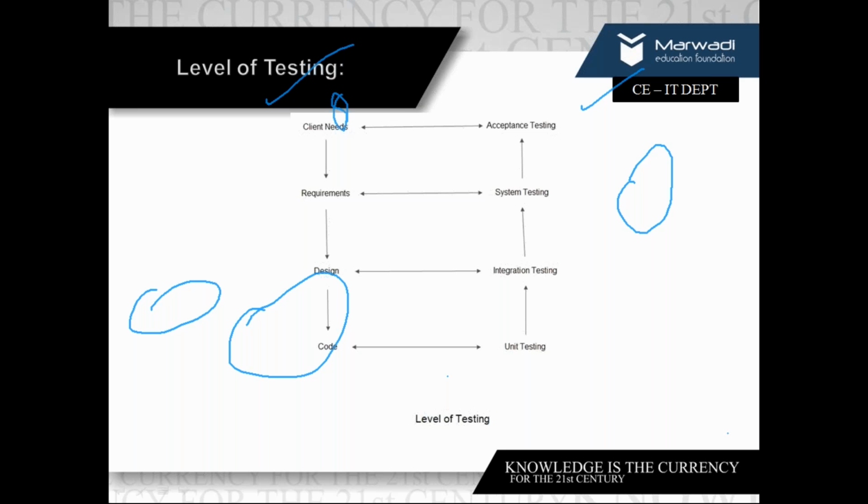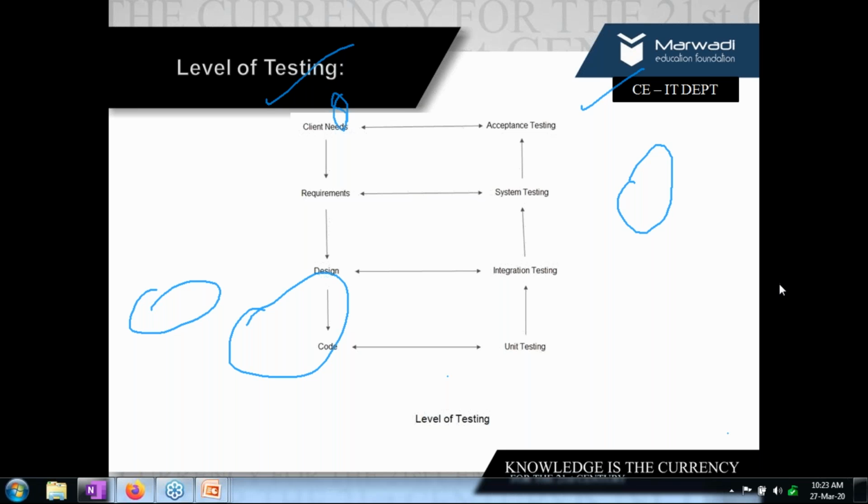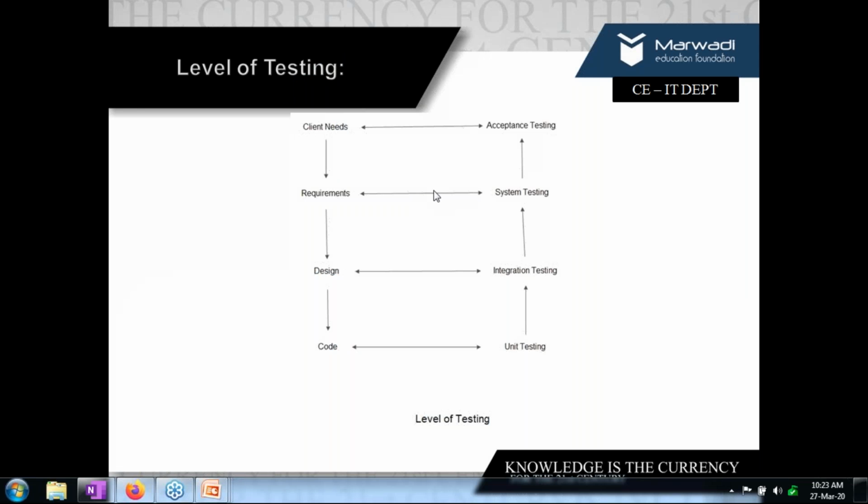Levels of testing. When I talk about levels of testing, there are many levels. You saw one, that is unit testing. Because I have unit testing, let us see the right hand side first. When I have unit testing, I obviously need integration testing. Unit wise, every module is correct. Therefore, I need to integrate them. After integrating, I will test the system as a whole. So system testing. System testing leads to acceptance testing.